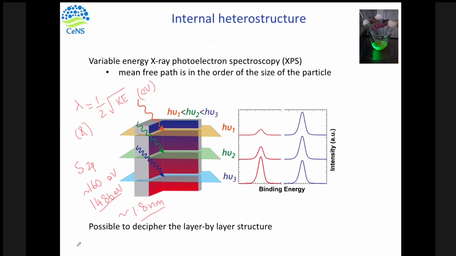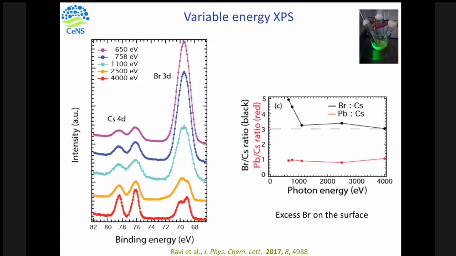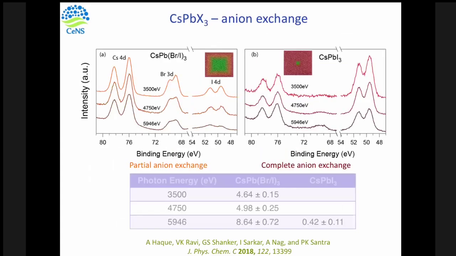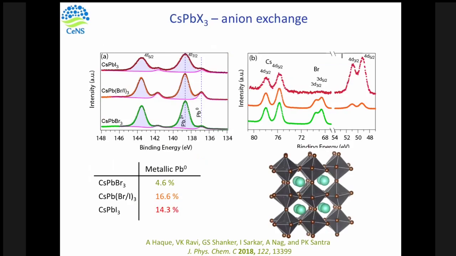Is there any risk of damage at such a high energy, or is it a pretty non-destructive technique? This is generally a non-destructive technique. Well, it is both yes and no, I would say. First, I'll explain the no. If the material is stable, then it is non-destructive because it just takes the electrons out. But in this example, when we are talking about cesium lead bromide, particularly the bromide and iodide systems,